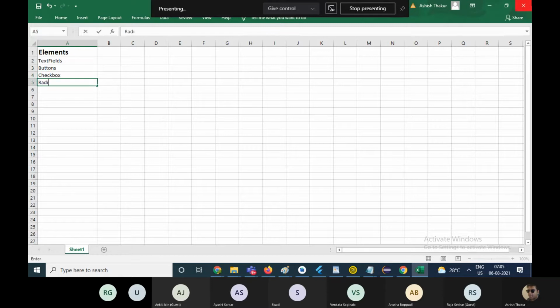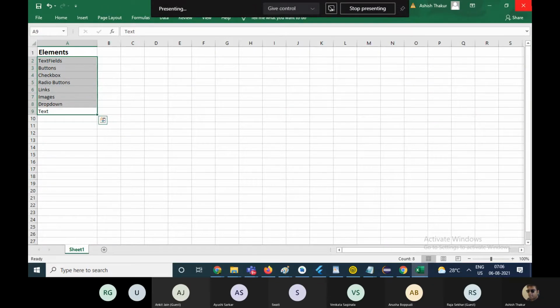You have radio buttons, links, images, drop downs, and the regular text on the web page, which is the static text. Majorly, these are the components with which you have to interact on a web page.